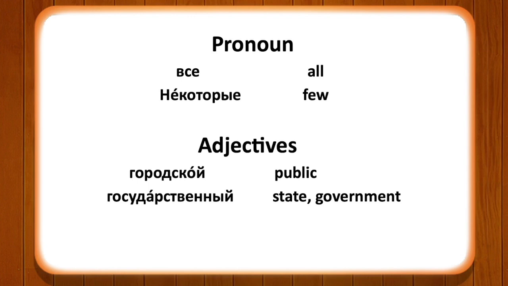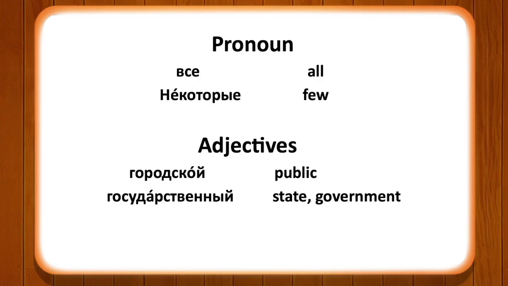Then two pronouns we have done. Все means all. And in Russian we have the concept все means everyone and все means everything. So whenever we use this concept, for example, do you understand everything? Вам все понятно? Yes, we all understood. Да, мы все поняли. So все понятно, мы все поняли. We all understood. So like this you can also use the concept все and все. Then некоторые. Некоторые, a few, a few.